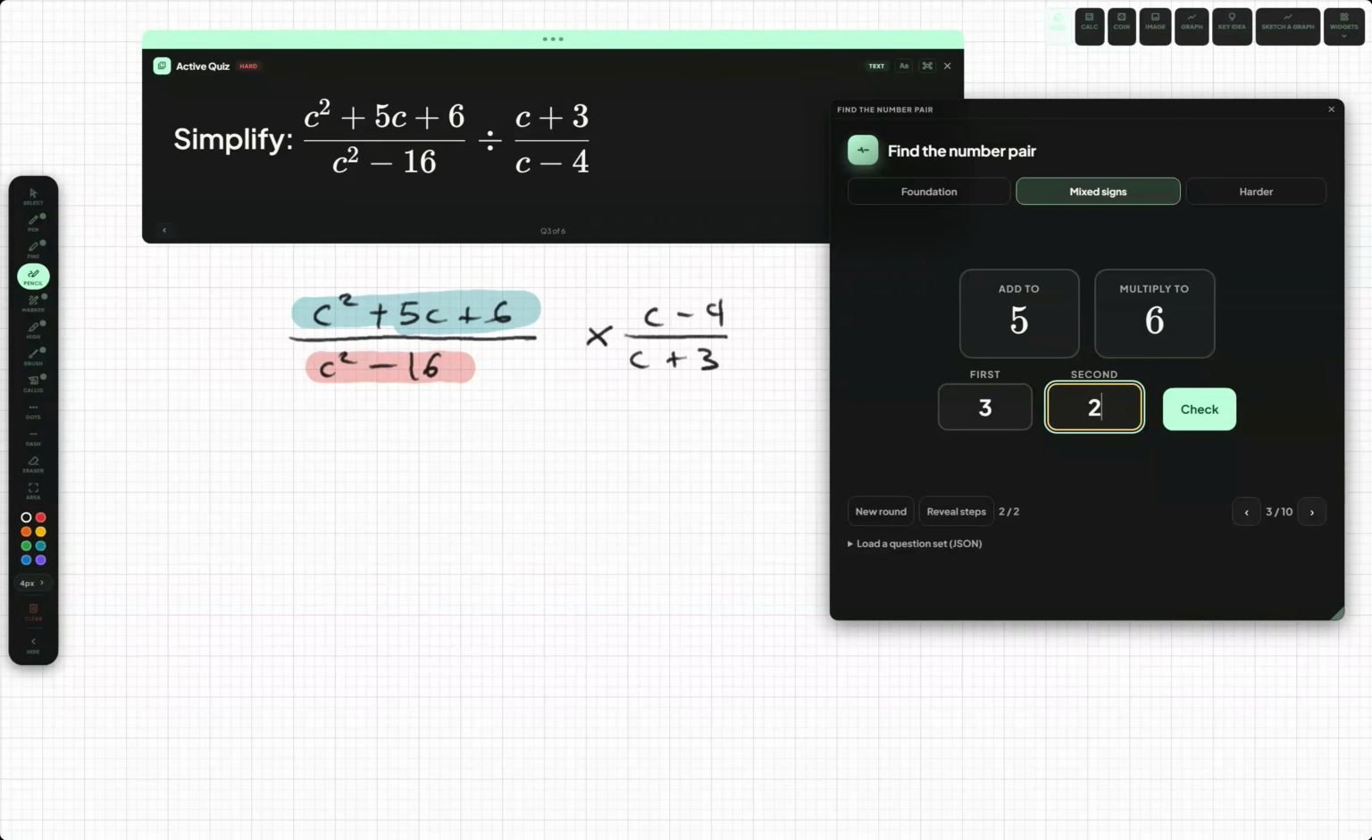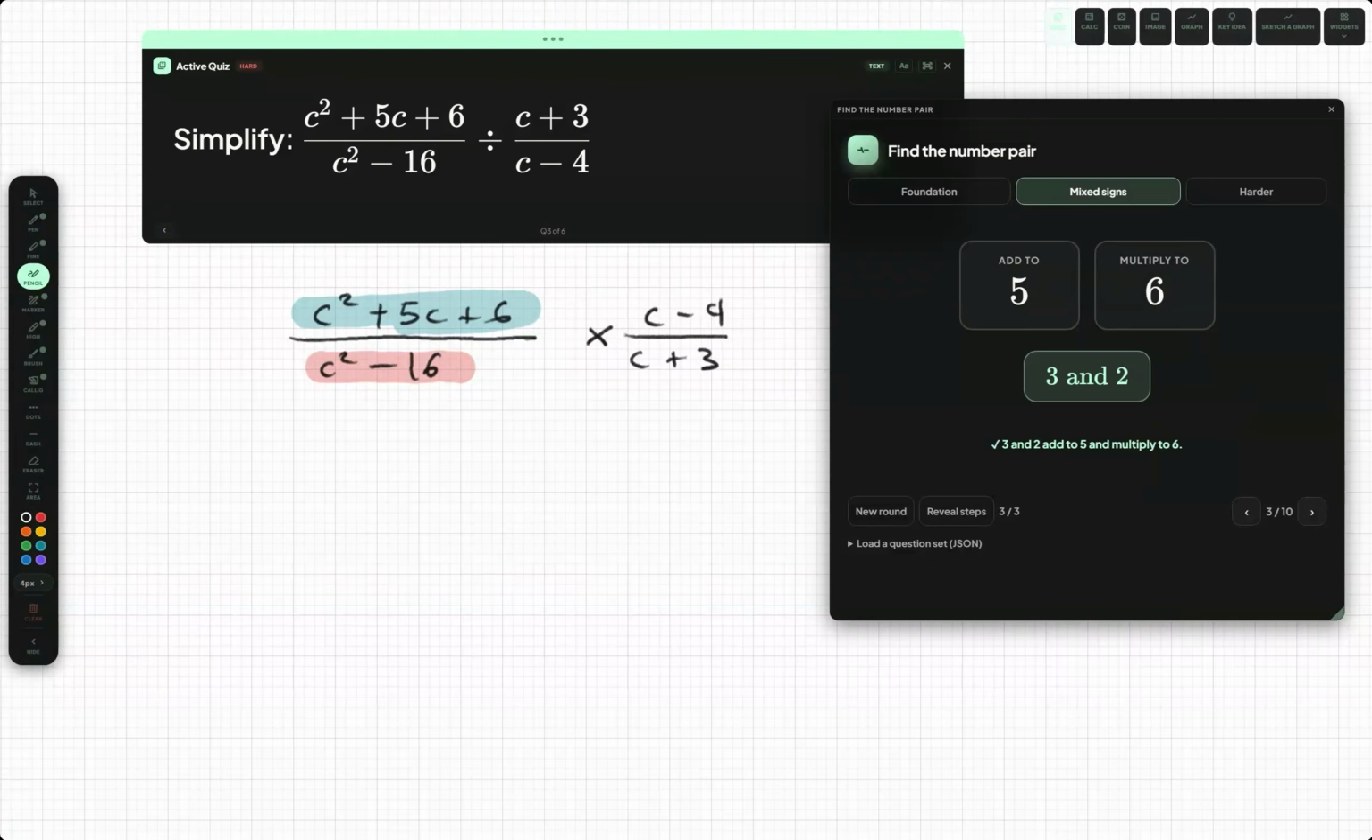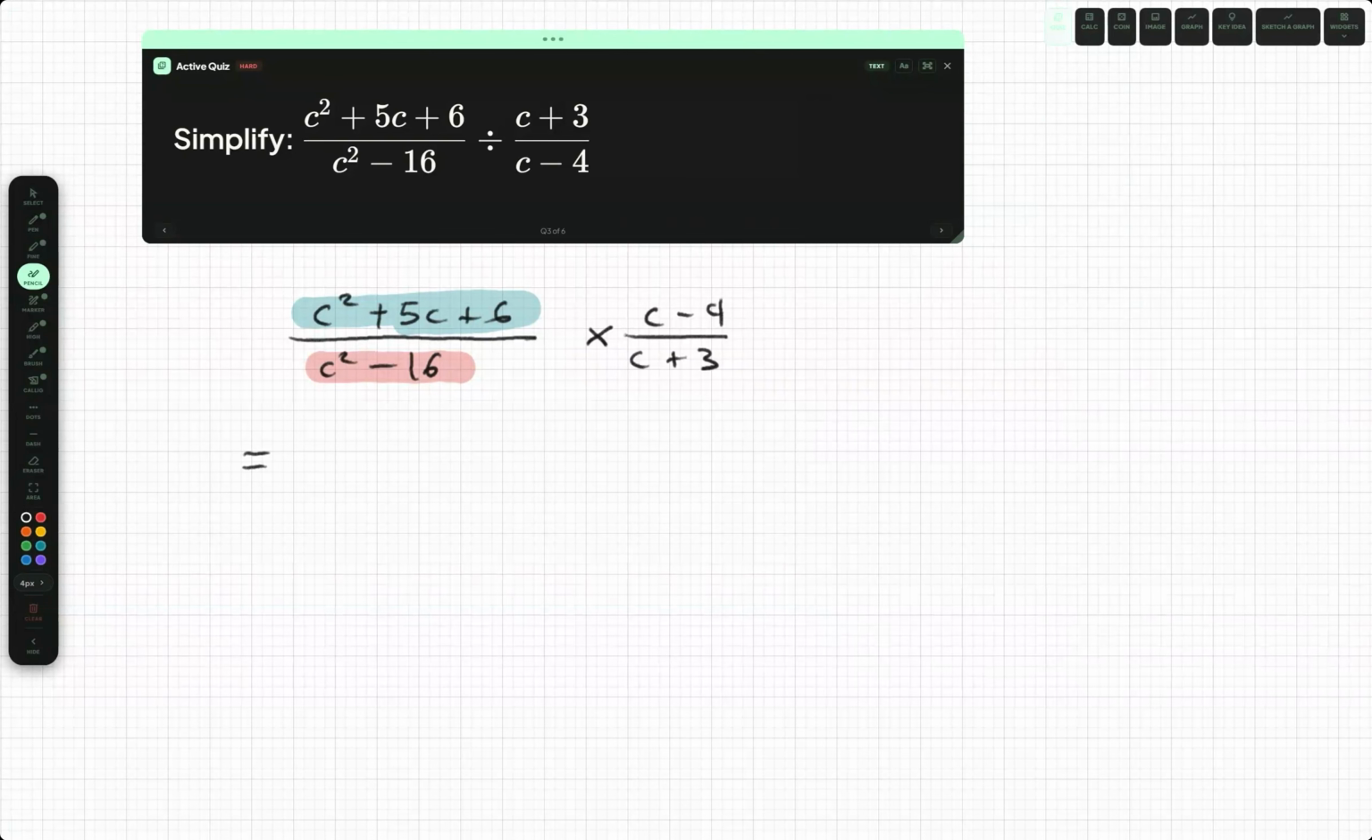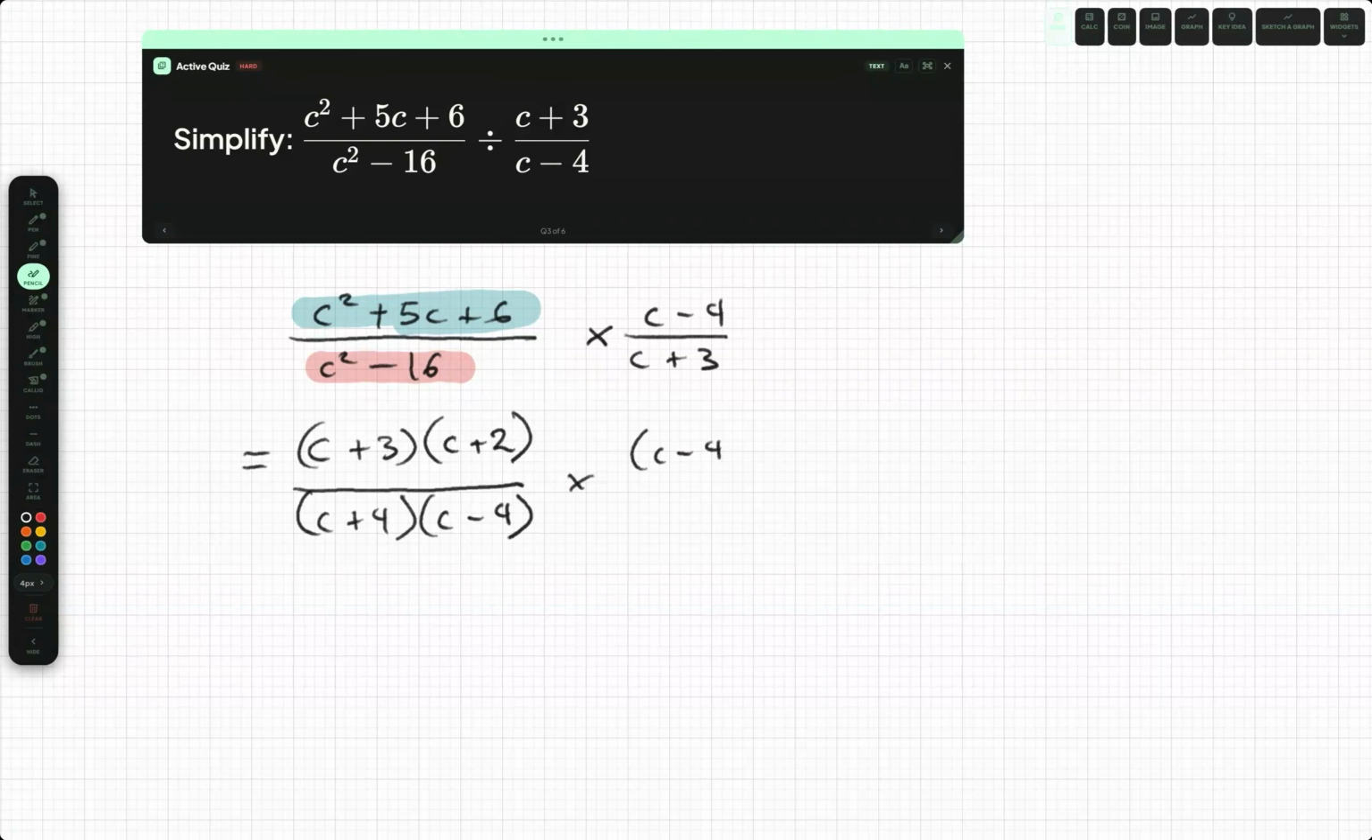Multiply them together, we get 6. Add them together, we get 5. And you can see that eventually you do get a little bit quicker doing this. So this becomes c plus 3 times c plus 2, all over, well, we've got a difference of squares here, so c plus 4 times c minus 4. Right, take the square root of c squared, you get c, take the square root of 16, you get 4. Multiplied by c minus 4 all over